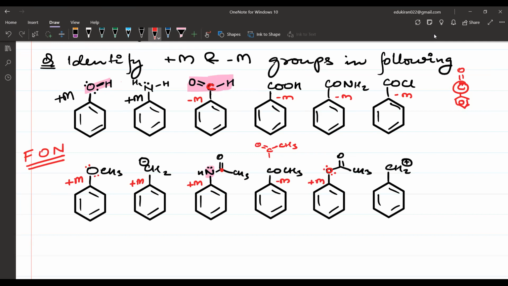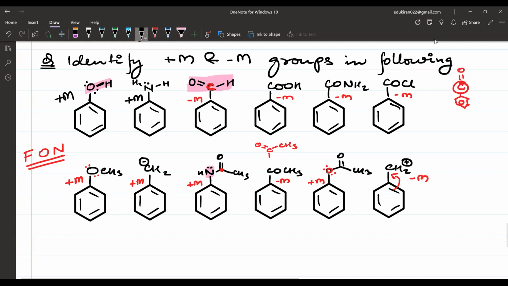Now what about this? In this case, the key atom, that is carbon, is having a positive charge. So in a positive charge, see, the electron moves like this. So it is going to be -M. Okay, it is going to be -M. Please write this down. Okay? Now those whose mind does not work, they can memorize it. I am going to write